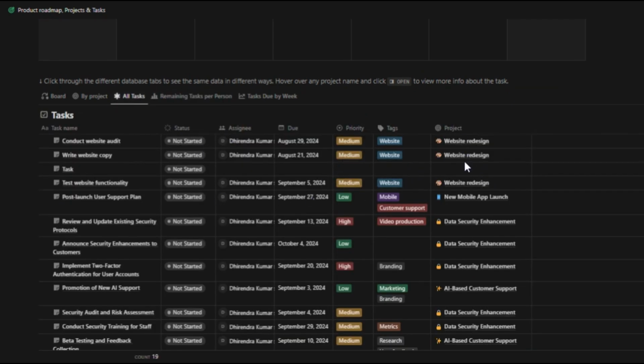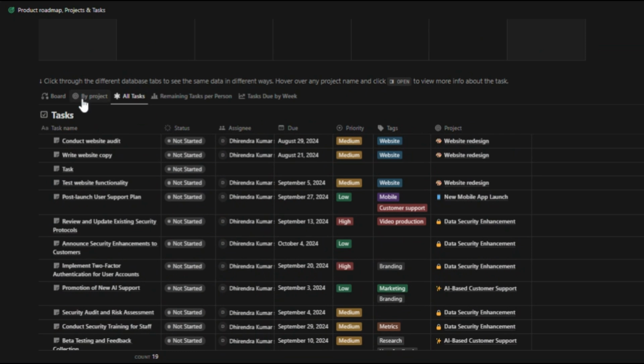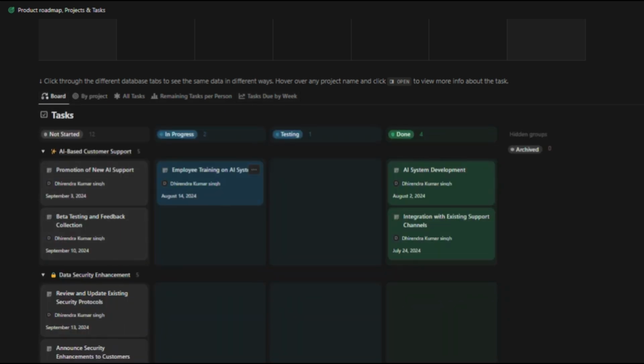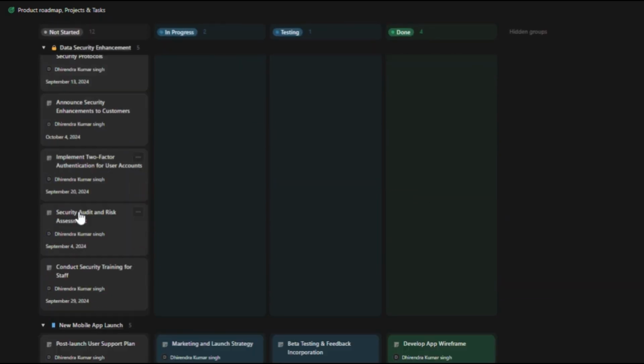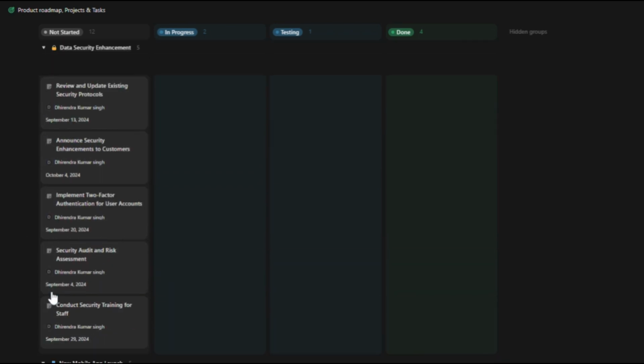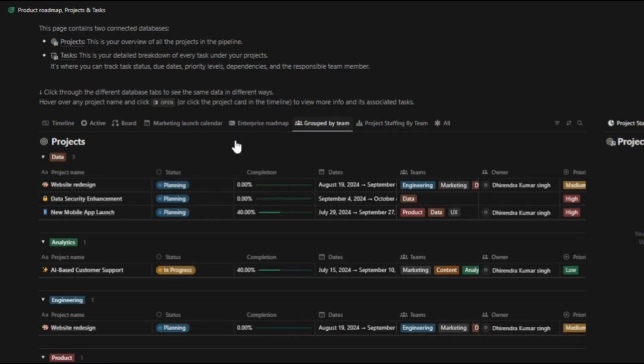But I didn't stop there. This template also includes a feature backlog, a space to capture every idea, feature request, or suggestion that comes in. Whether it's from users, teammates, or your own research, drop it into the backlog and decide later whether it should be prioritized. Speaking of prioritization, there's a built-in RICE scoring system: reach, impact, confidence, and effort, so you can objectively rank tasks or projects based on real value. If you're more of a visual thinker, there's also an effort versus impact matrix to help you identify quick wins